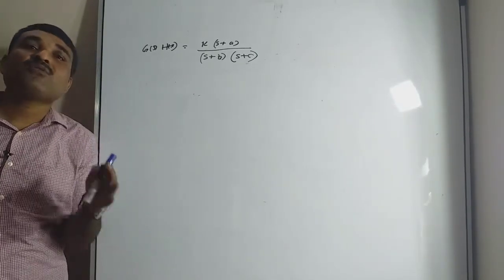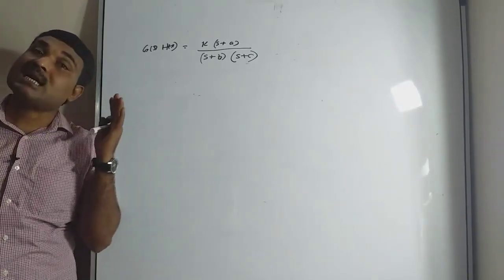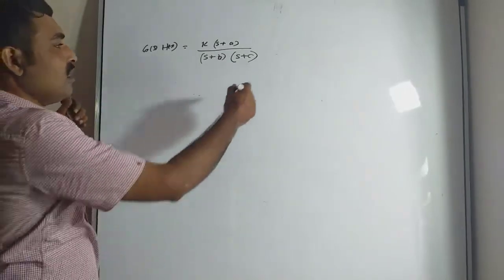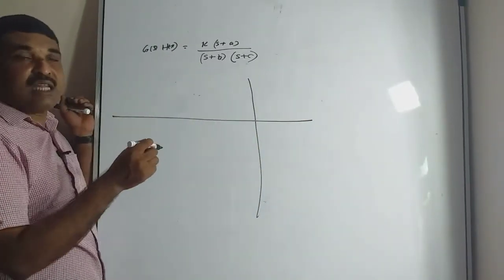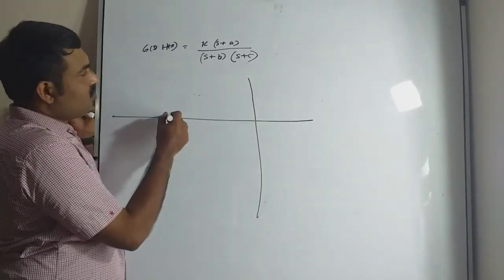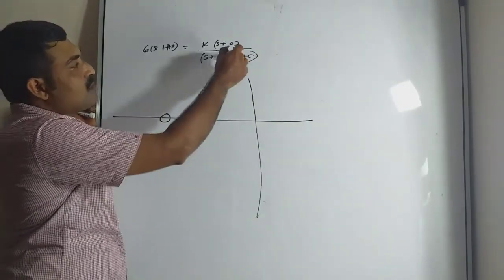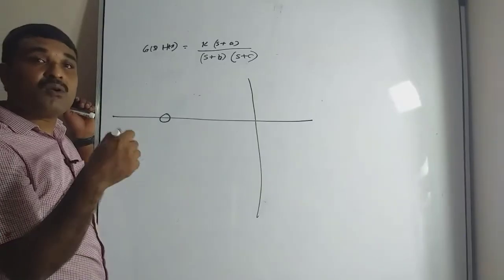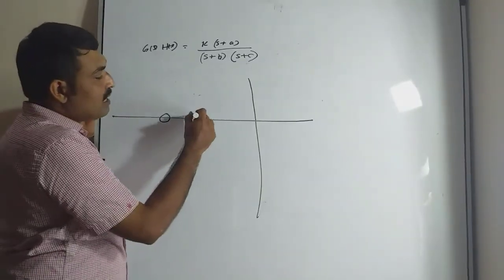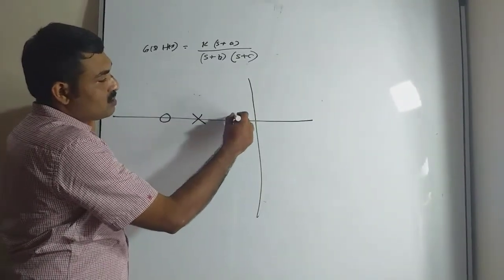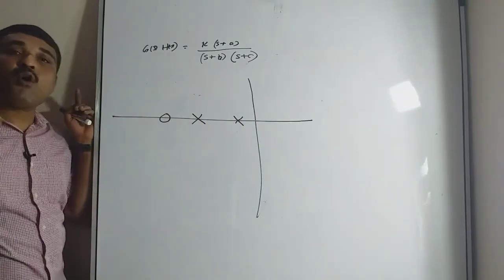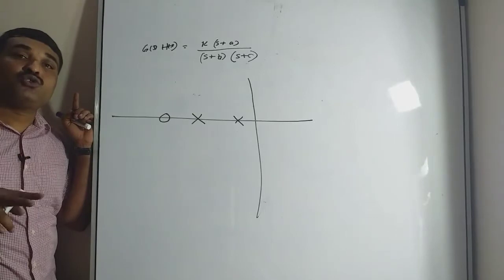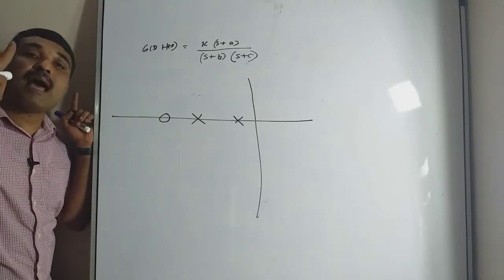Then the shape of the root locus is always a circle. For example, I am drawing the pole-zero configuration in the S-plane. I have a zero on the real axis and this may be either a complex conjugate pair or real poles. Let this be the location of poles. Now we want to construct the root locus. The number of open loop poles is equal to 2, so the root locus has 2 branches.